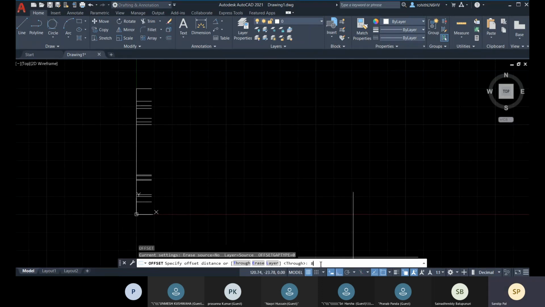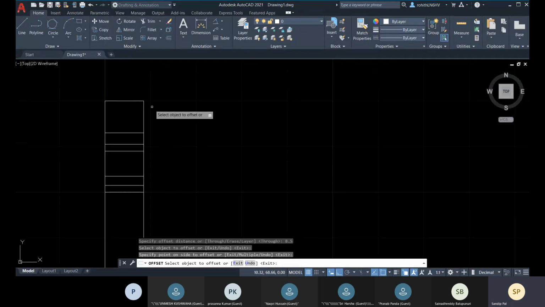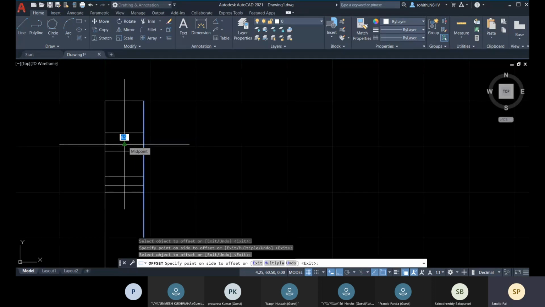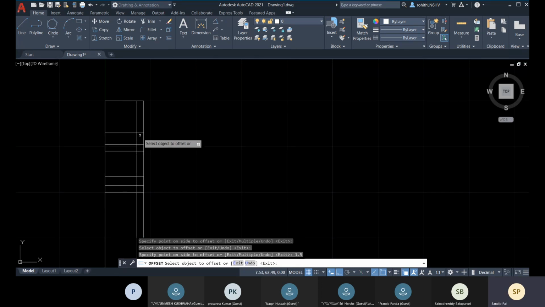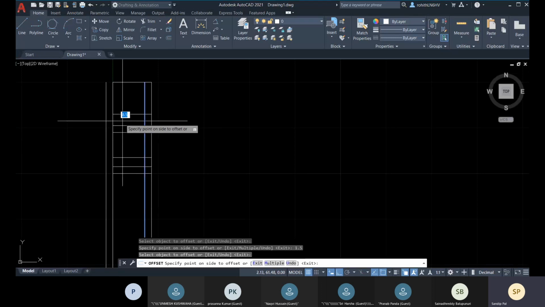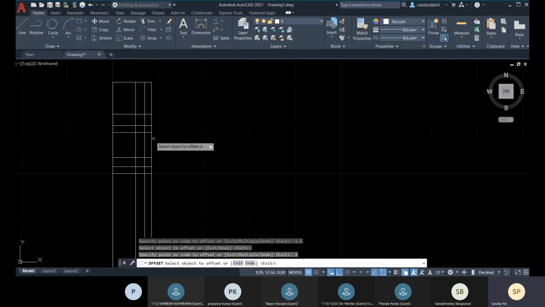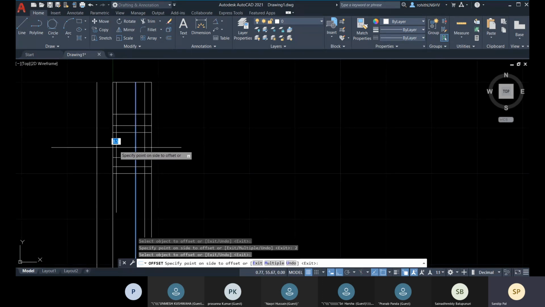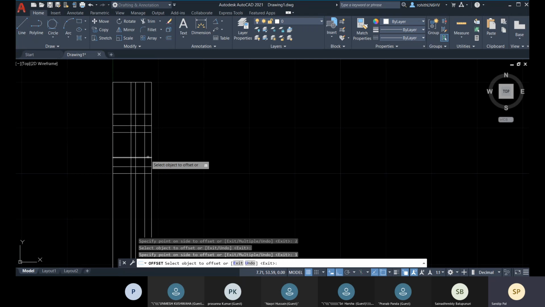So that will be 8.5. Enter and select this and this. This one I have, and from this I'll be placing another, that will be 1.5, enter. Okay, and the next one is 2, so I'll go for 2, enter, and then the next one is 1, I'll go for 1, enter.